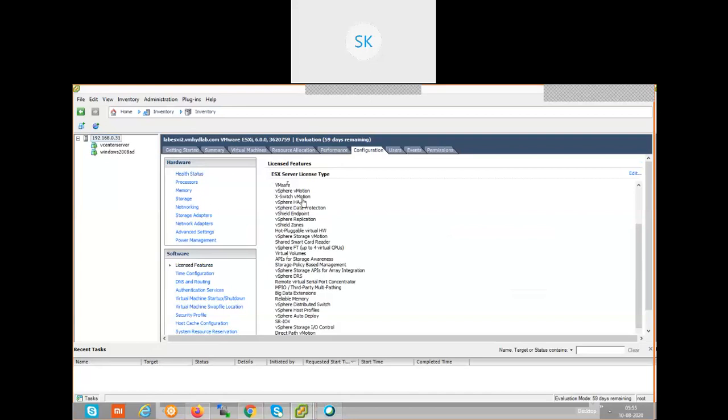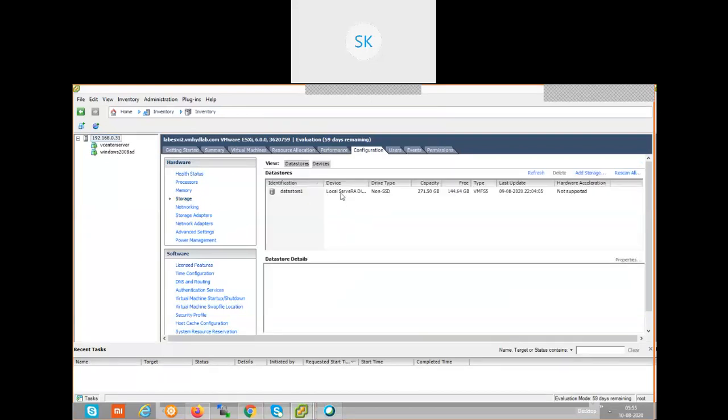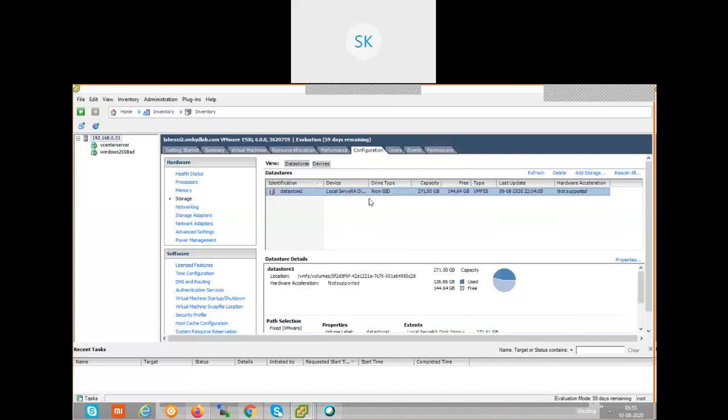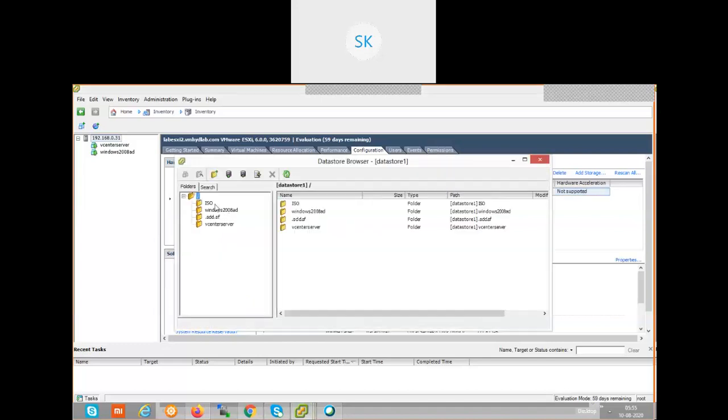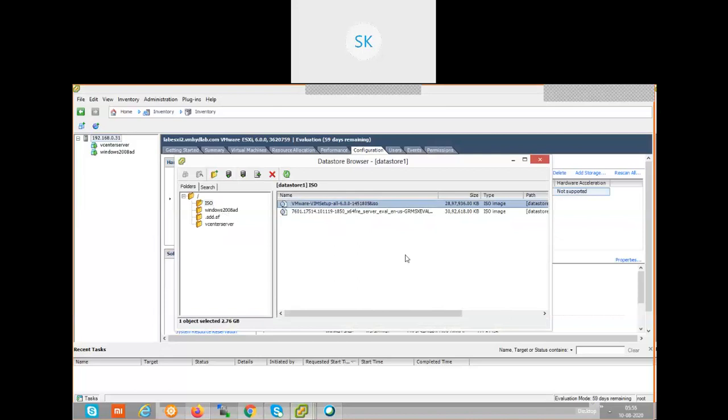Go to configuration, storage, browse data store. We created a folder ISO and copied the ISO image here. See here, the VMware setup we already downloaded and uploaded. How to copy this ISO image to this data store and mount it, we already discussed. Now the file is ready.